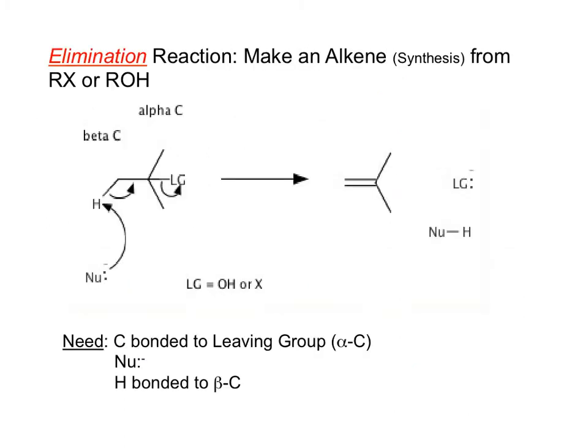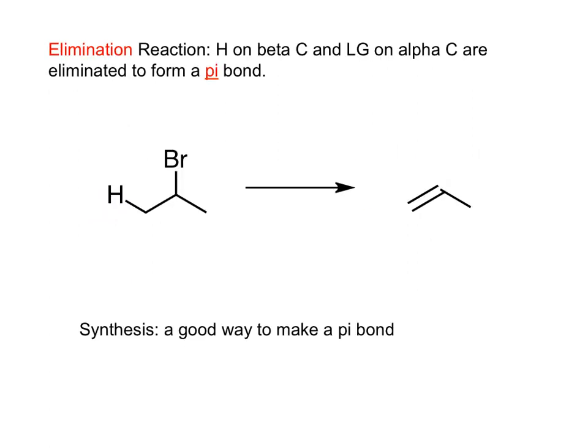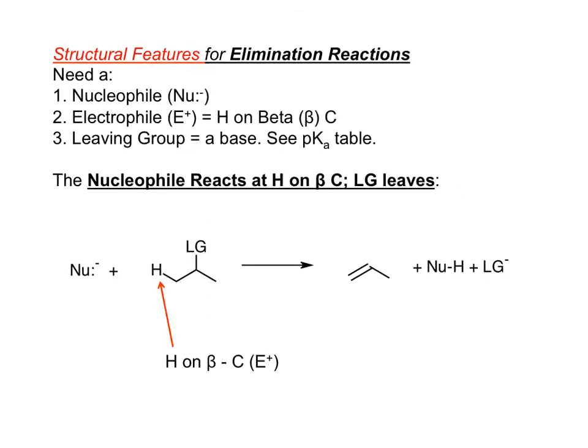In an elimination reaction, we need a leaving group, a H on a beta carbon, and a nucleophile. A pi bond forms to make an alkene. An elimination reaction is a good way to make a pi bond. Note that an H on the beta carbon and the leaving group are eliminated to make that pi bond. So in the elimination reaction, a nucleophile reacts at the H on the beta carbon, which is an electrophile, and